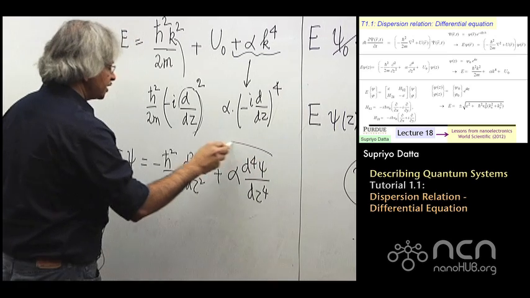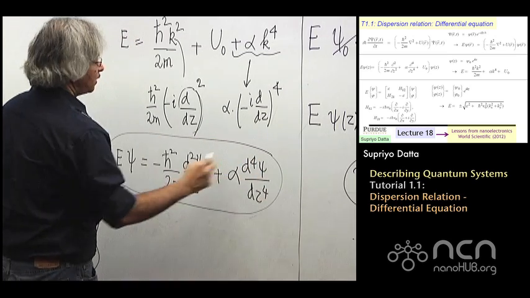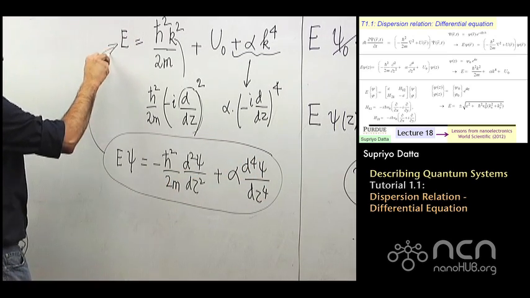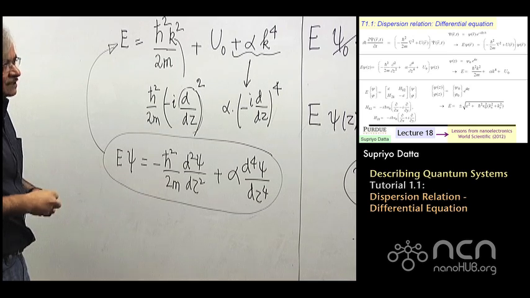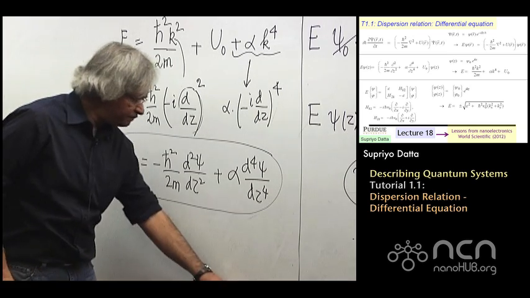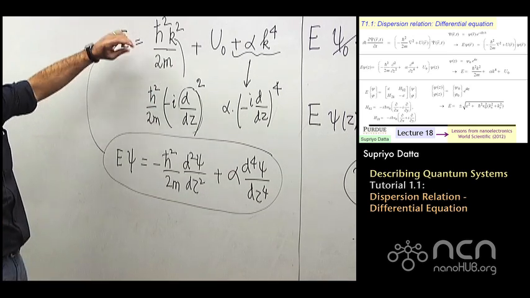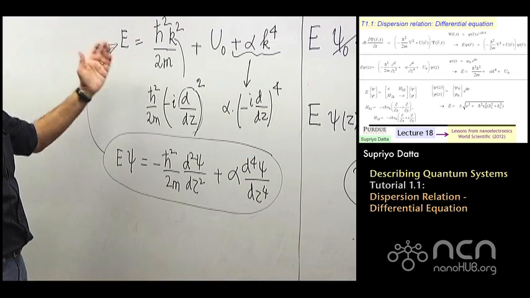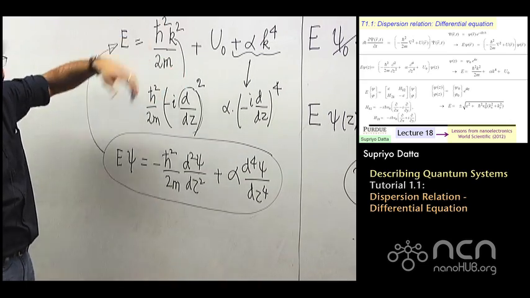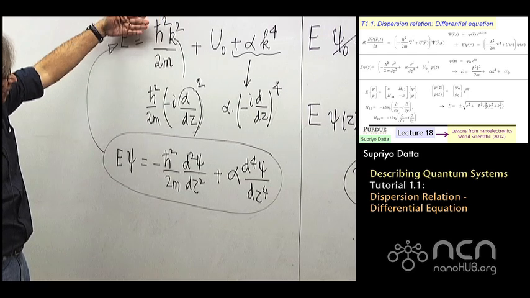So this is the differential equation that would correspond to a dispersion relation of this type. So this is a principle one could use, you see, to get from a known dispersion relation or energy momentum relation, you know, h bar k is like momentum, to a